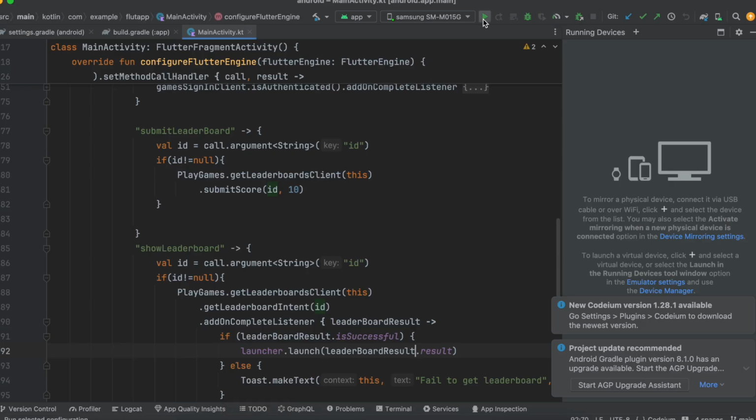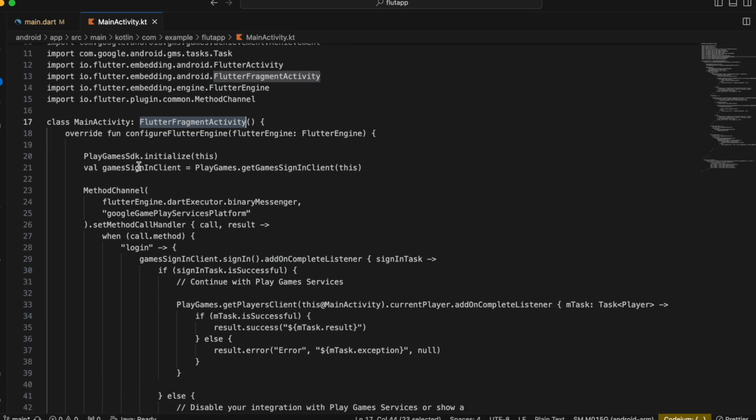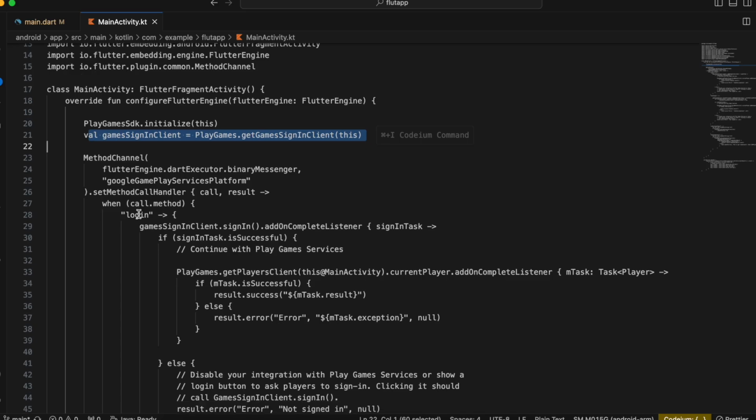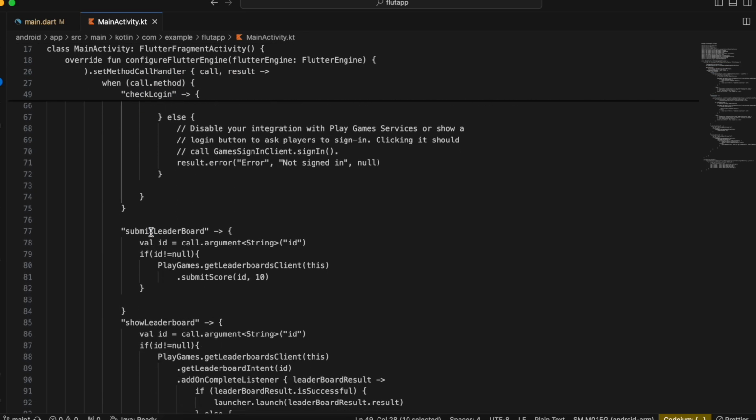In the meantime, let me just run my application. Okay, coming back to our code, so this particular part is the same. So here we just call login, so this is same, check login is also same, and here is submit leaderboard. So we get the ID which we submit from Flutter side. If the ID is not equal to null, all we do is play games dot get leaderboard, submit score, ID